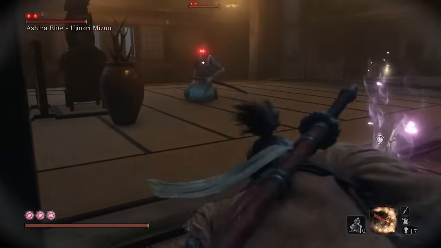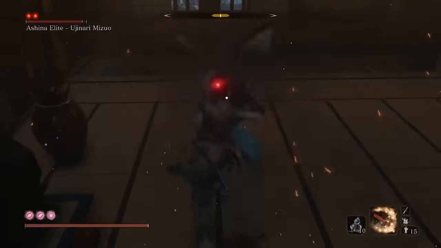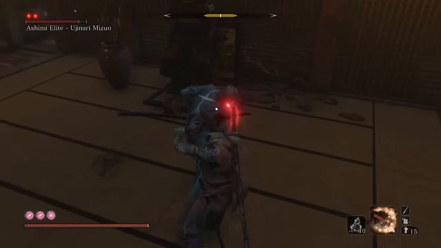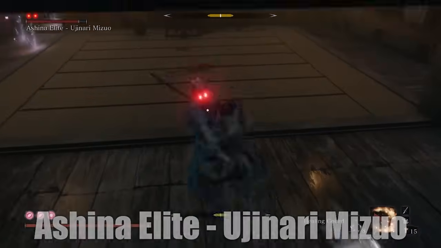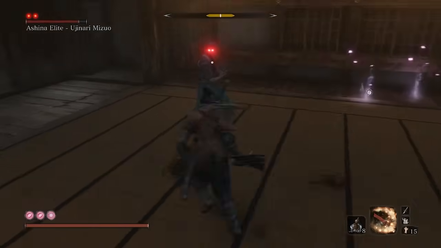But now that we've cleared out that section of not-so-great bosses, we are back to the normal Sekiro fare in our final visit to Ashina Castle, the last area of the game. Sekiro is rarely a scary game, but the Ashina elite Ujinari Mizuo always jump scares me. I honestly just forget that he's there, and I run down the stairs from Isshin's room to be instantly one-tapped